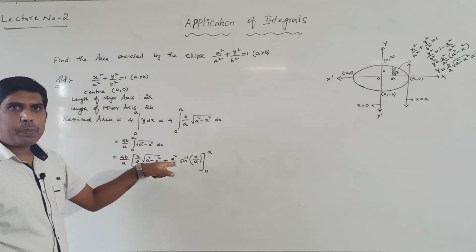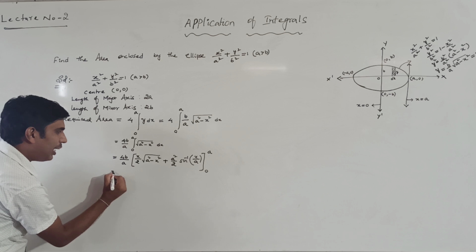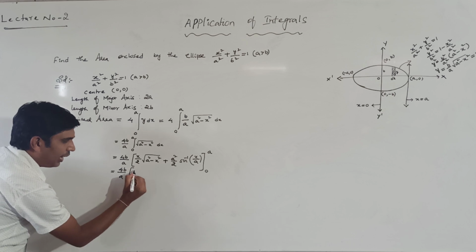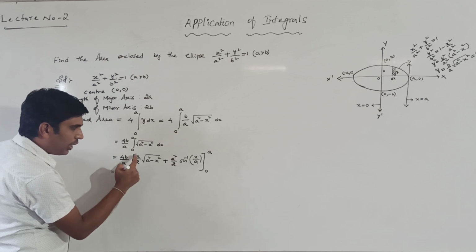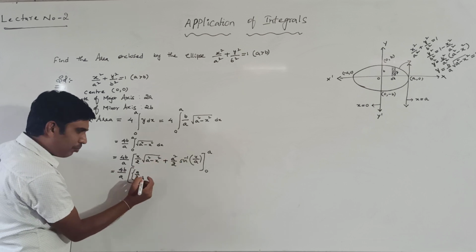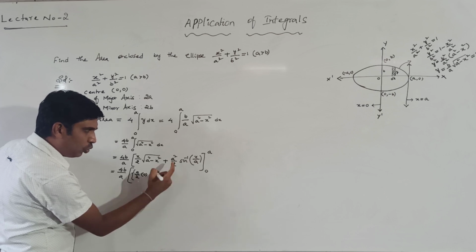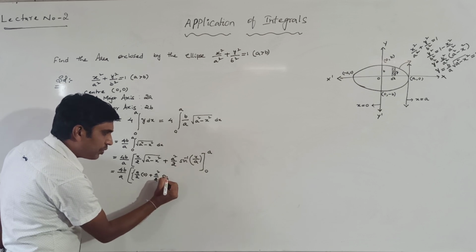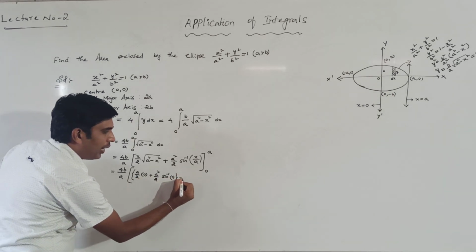So now apply the limits here, upper limit minus lower limit. What is the upper limit here? a. That upper limit you apply, observe carefully, 4b by a, here I took one flower bracket. So upper limit a substituted here, what will we get? a by 2, a square minus a square, nothing but 0 will come, plus a square by 2 sin inverse of a by a, nothing but 1. Therefore what will we get? Sin inverse of 1 will come. This is the upper limit, minus.